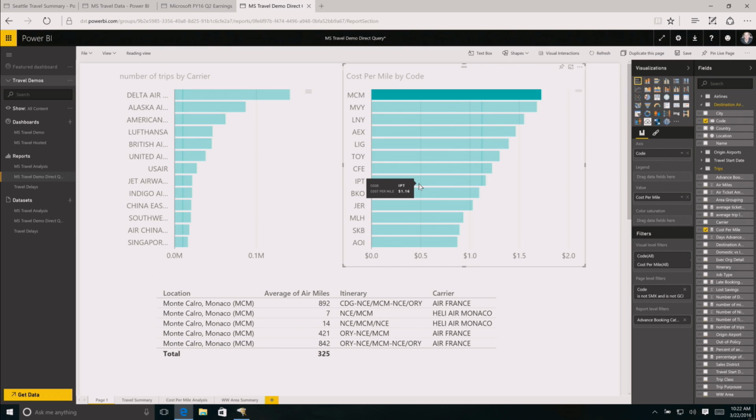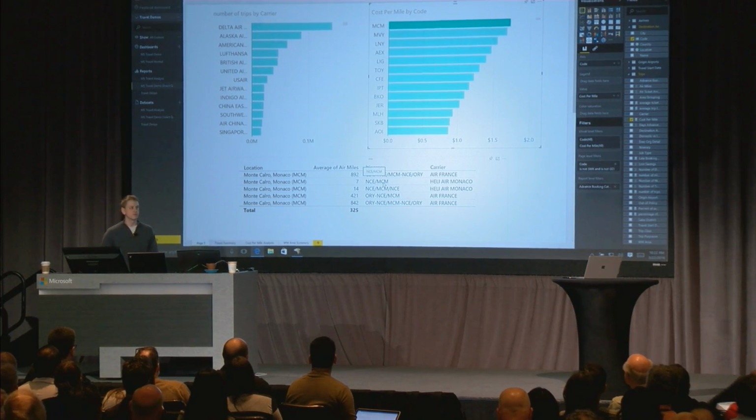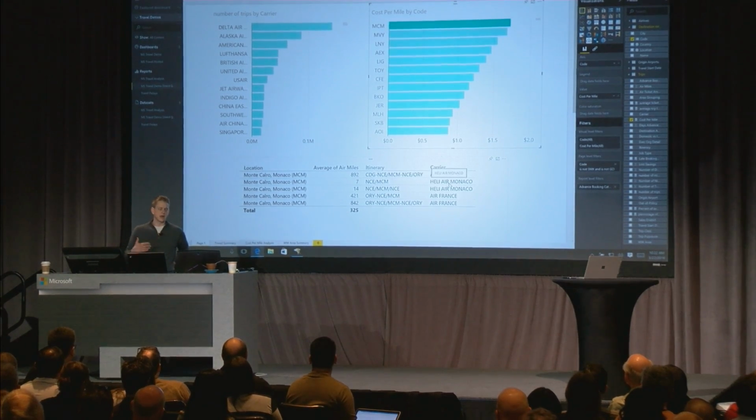So it turns out it's actually Monte Carlo, right? And the trips, if we look at the itineraries, are actually Monte Carlo to Nice. I don't know if you're familiar with the geography of France, but it turns out those cities are 7 miles away. And if we look over here at the carrier, it turns out there's a set of employees that were booking helicopter rides from Monte Carlo to Nice. So we're going to assume the Grand Prix was going on, and there was a really good business justification for